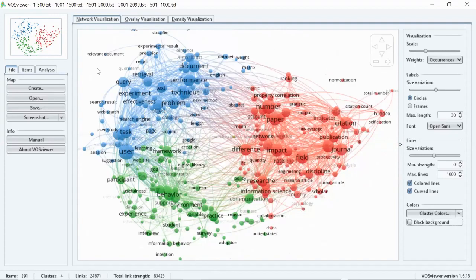So I am naming them based on the similarity of the terms used in the cluster. Accordingly, you have to do analysis of these clusters separately and name them. So based on this map, what you can interpret is that the publications of the Journal of the American Association of Science and Technology for the period of 10 years were published in three broad categories. We can name the three broad categories.